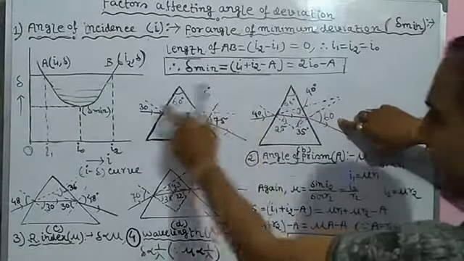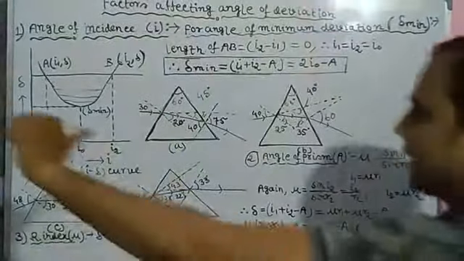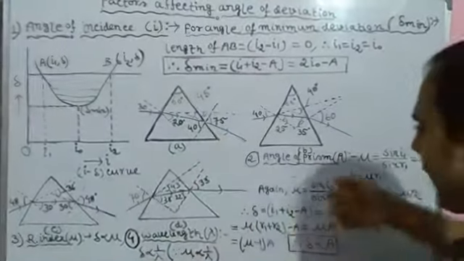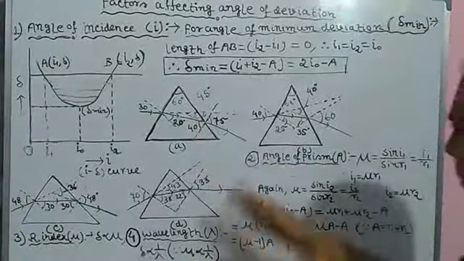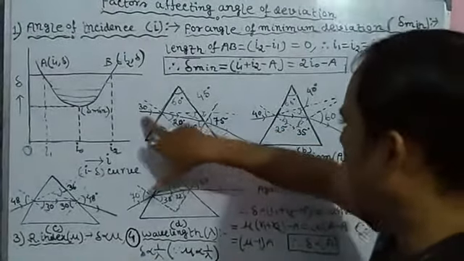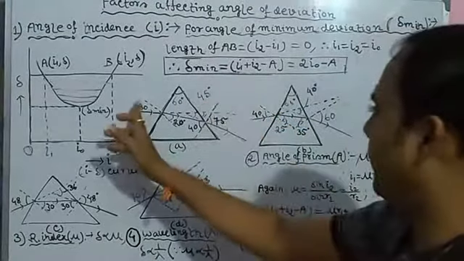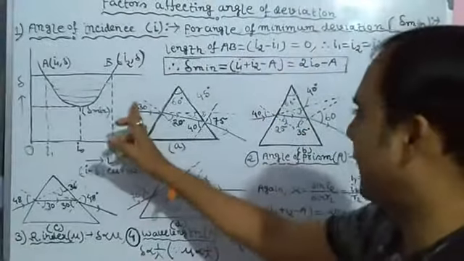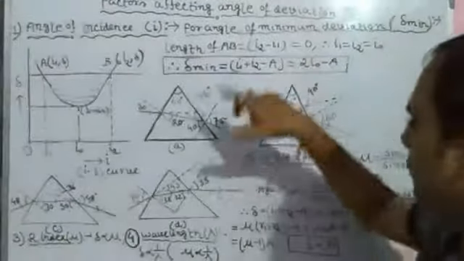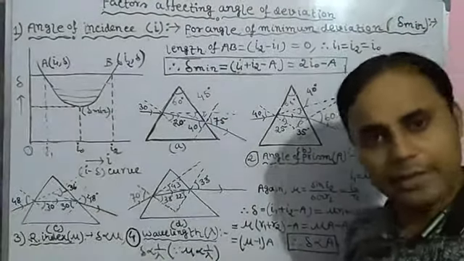Deviation will be same. I1 is 30, I2 is 75 degree. When light is incident from this side, deviation is 45 degree. If light is incident through this side, everything is going to be same. I1 is equal to 75, isn't it? This will be R1, this will be R2, this will be I2, deviation is same. So it means deviation 45 degree is same when I1 is either 30 degree or I1 is 75 degree, or I2 is either 75 degree or I2 is equal to 30 degree. Hope you have understood. Clear?